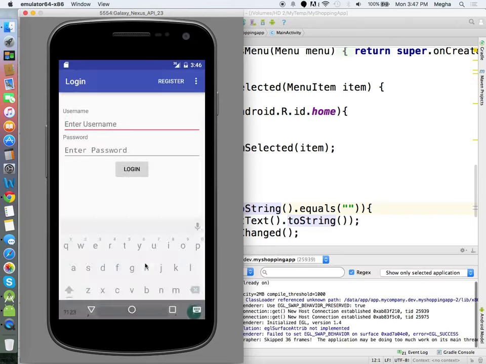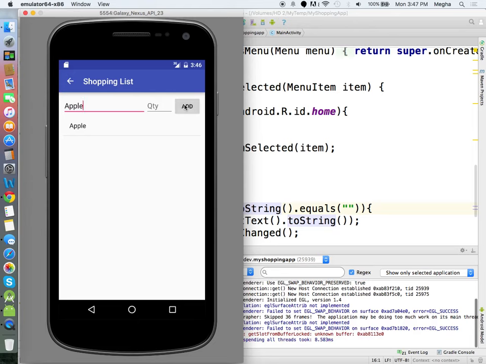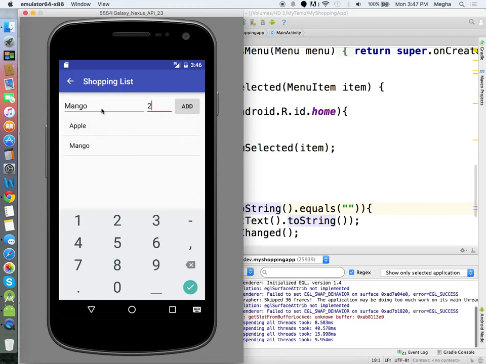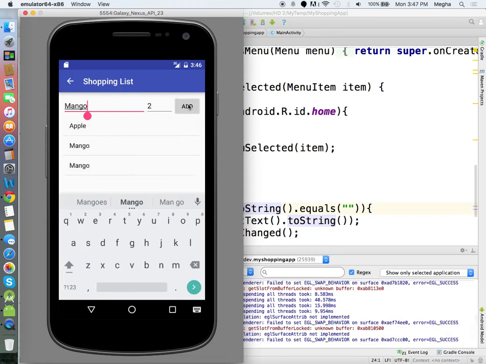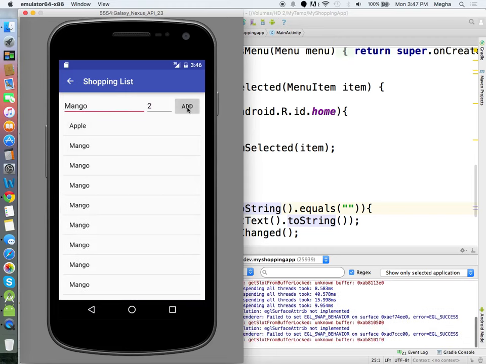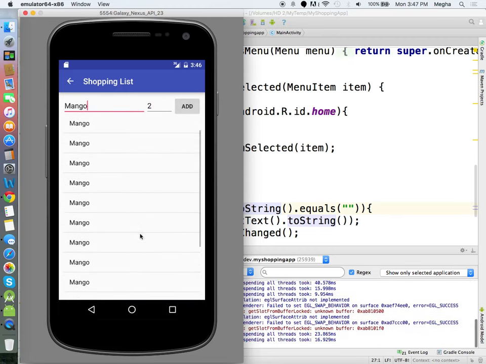Okay, so let us go back to the login screen, sorry, the shopping list screen. So I'm going to enter an item. When I click add, the item has got added. I think we should empty it as soon as the item is added, so let me change it. But I'm not taking it anyway. You notice that a new item gets added, and of course it is clickable as well. So I can add anything, as many items as I want. See, it has a built-in scroller.